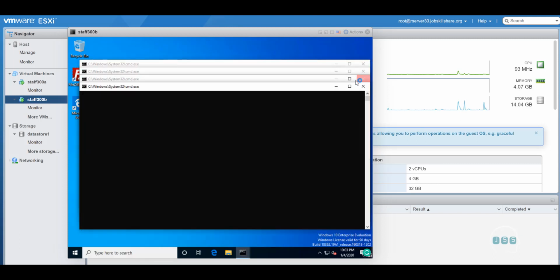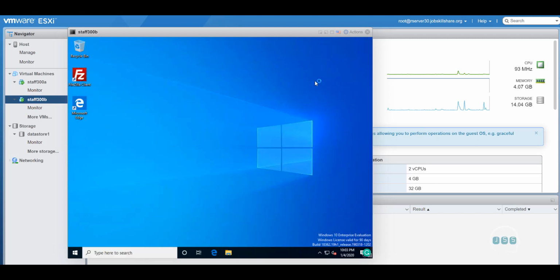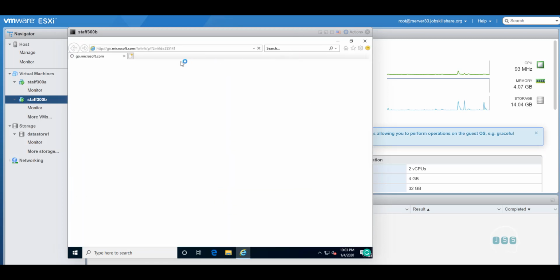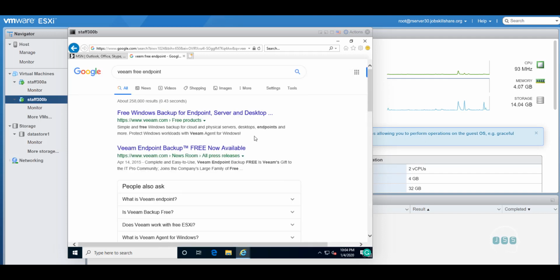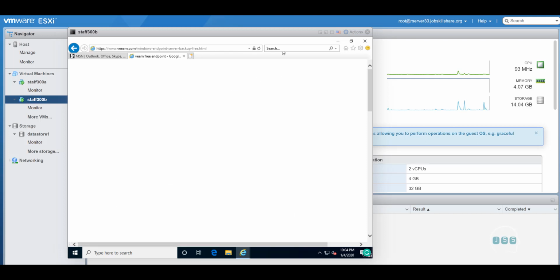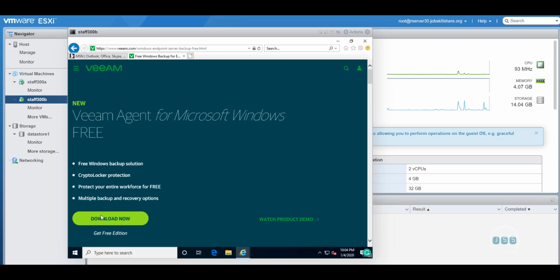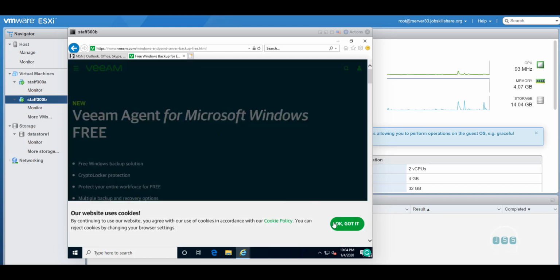You're going to open a website, and we're going to type VM free endpoint. So just like that, you're going to click on free Windows backup for endpoint. Endpoints are like your laptops, desktops. So here you're going to click on download now,